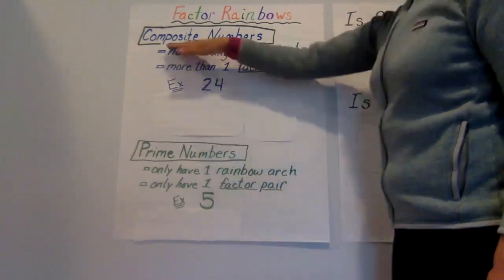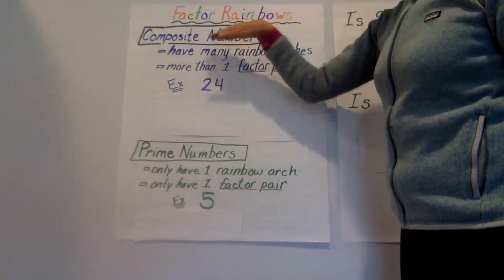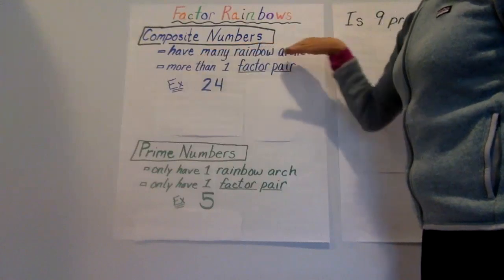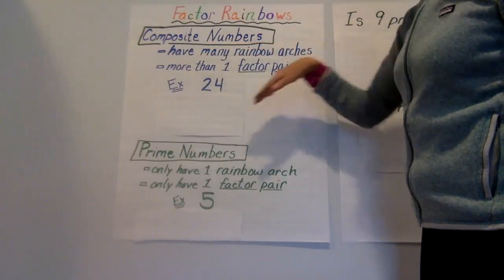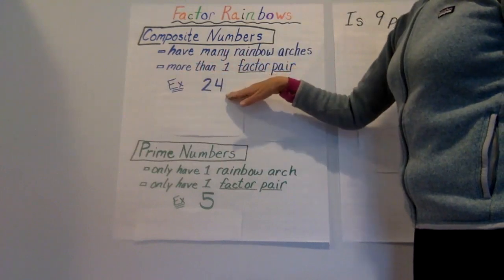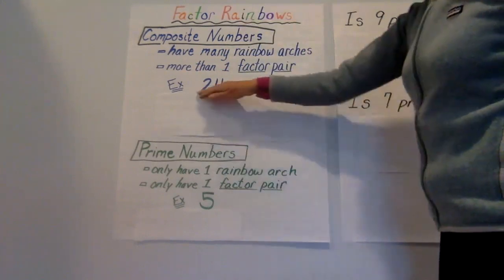So let's go over the definition of a composite number. When we use factor rainbows, a composite number is going to have many rainbow arches. It's also going to have more than one factor pair. Now let me show you an example of this using the strategy of factor rainbows to find all the factors